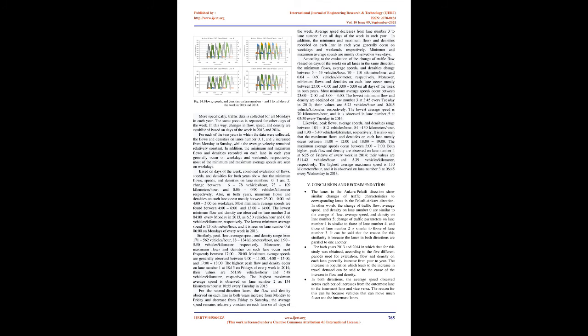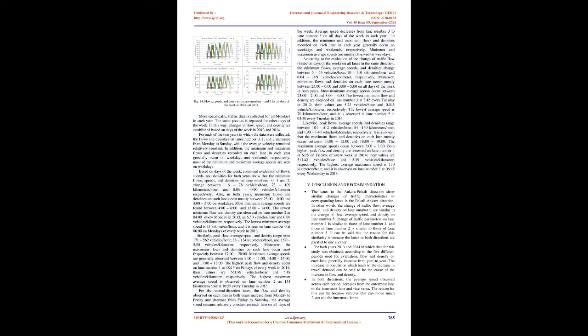The lowest minimum flow and density are obtained on lane number 3 at 3:45 every Tuesday in 2013. Their values are 5.23 vehicles/hour and 0.045 vehicles/kilometer, respectively. The lowest average speed is 70 km/hour, and it is observed in lane number 5 at 3:30 every Tuesday in 2014. Likewise, peak flows, average speeds, and densities range between 184–512 vehicles/hour, 84–130 km/hour, and 1.90